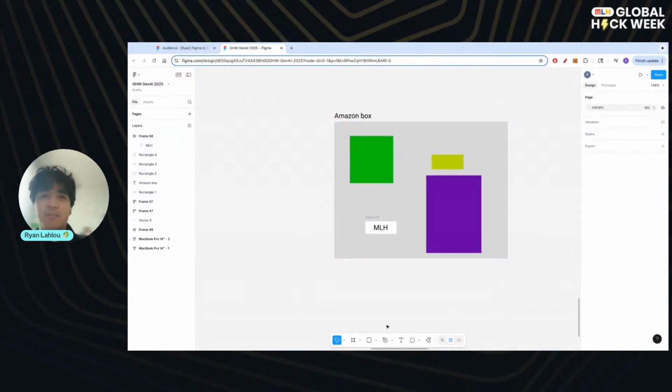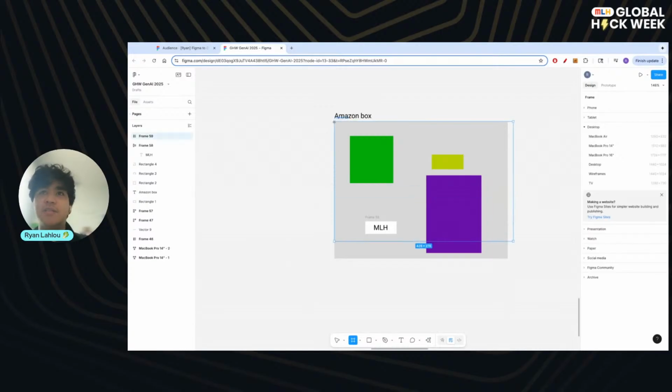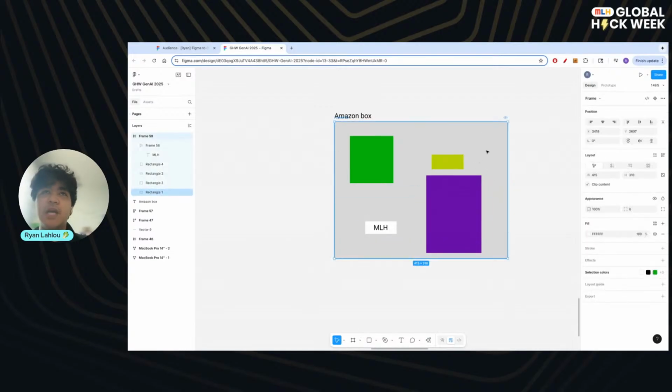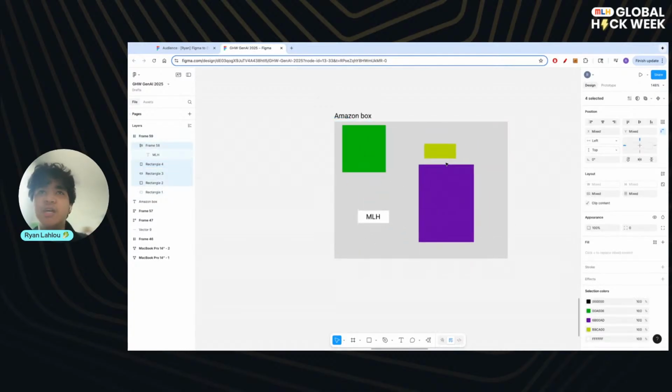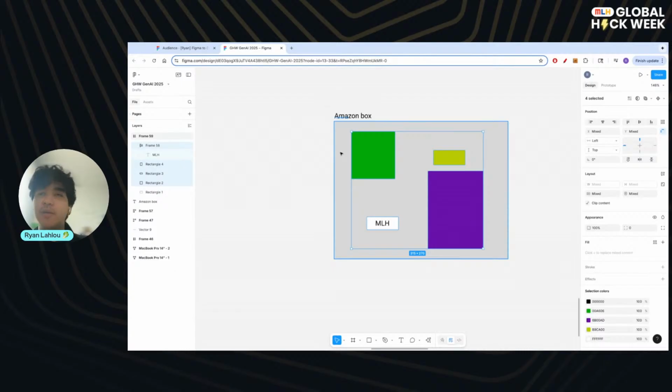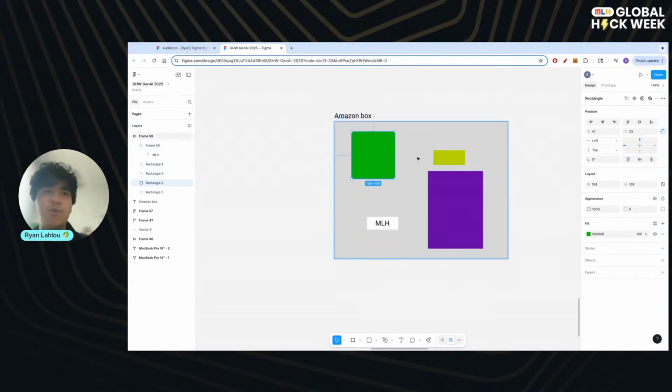So in this Amazon box, I'm actually going to real quickly convert this to a frame. So in this Amazon box analogy, we have a bunch of these different items, right? Now, if I wanted to somehow tell you how I want to sort them, it's going to be a little bit hard, right? How do we choose between these different objects with each other and with the box? Well, the solution that we have